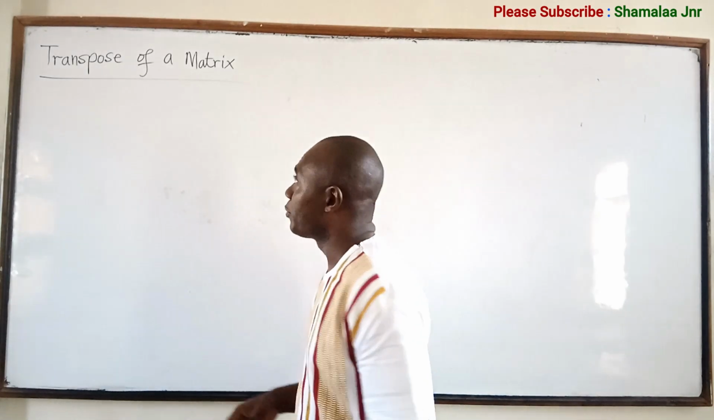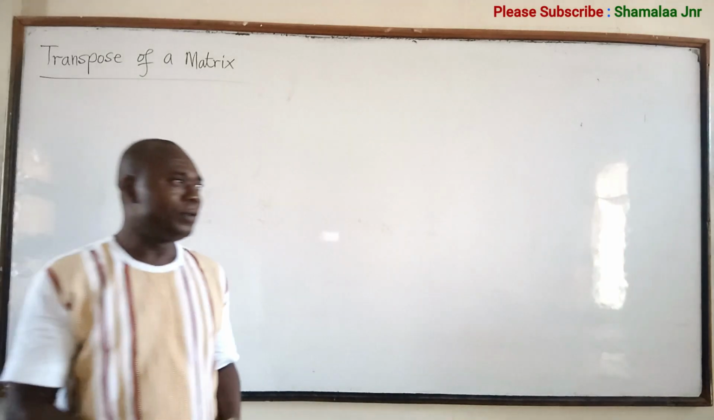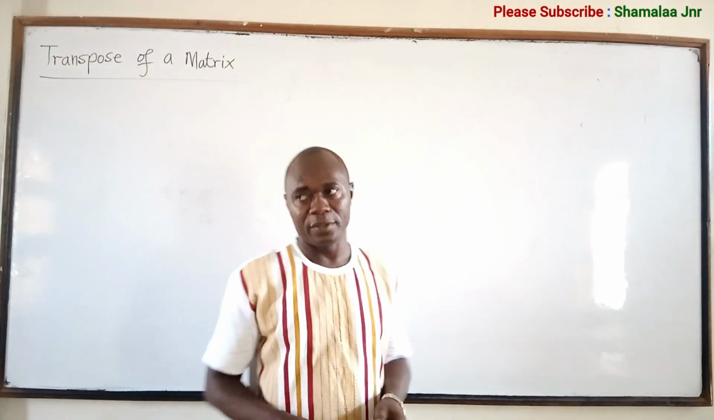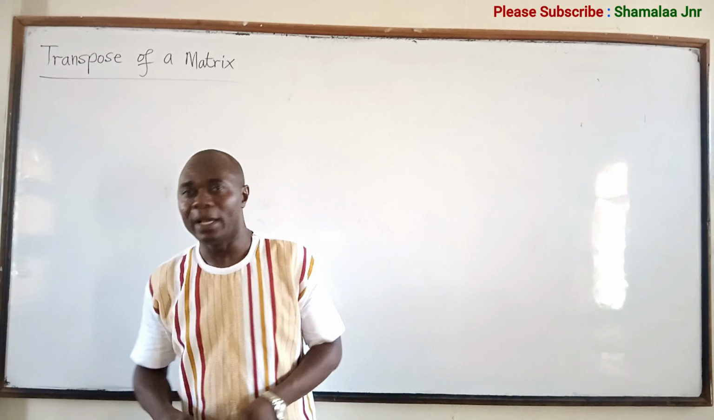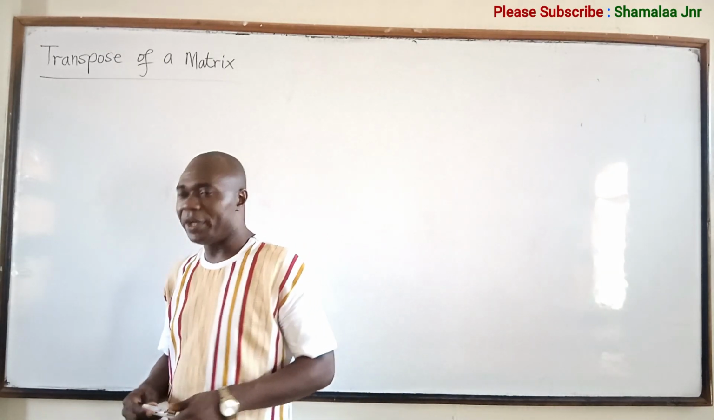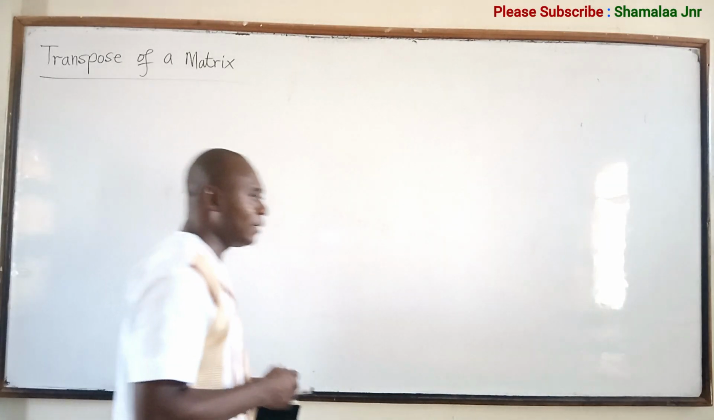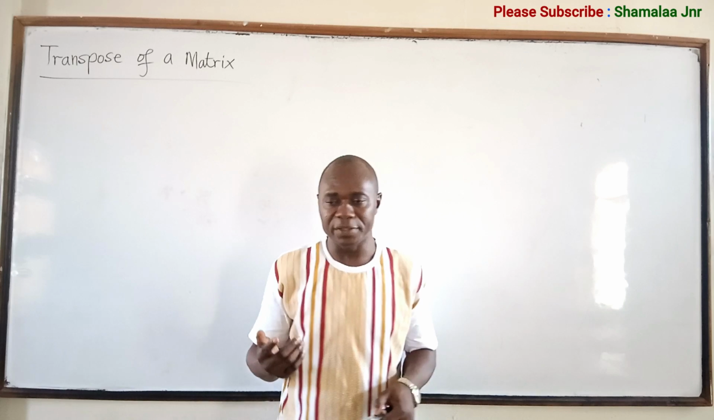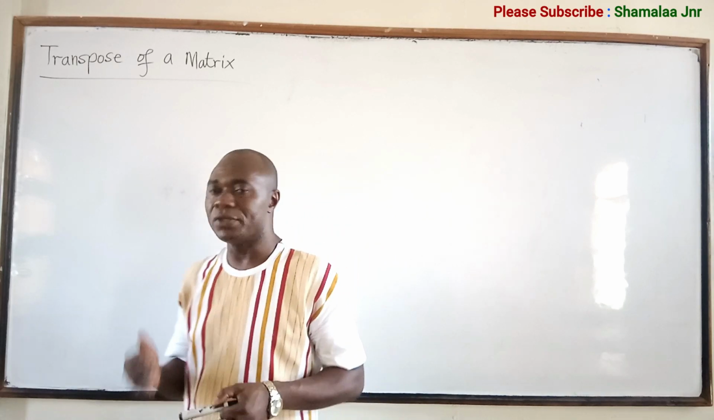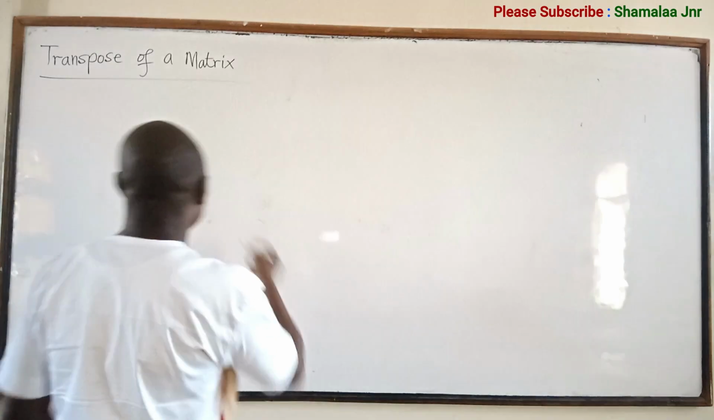Today I want us to look at the transpose of a given matrix. How do you find the transpose of a matrix? We can give you a matrix and ask you to find its transpose. When the rows and columns of a given matrix are interchanged, the resulting matrix is known as the transpose of that matrix. For example, when you have a matrix A,